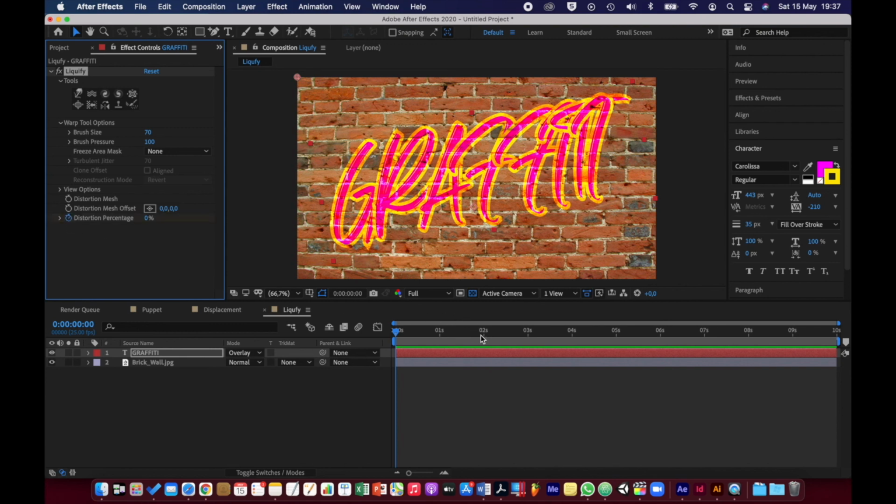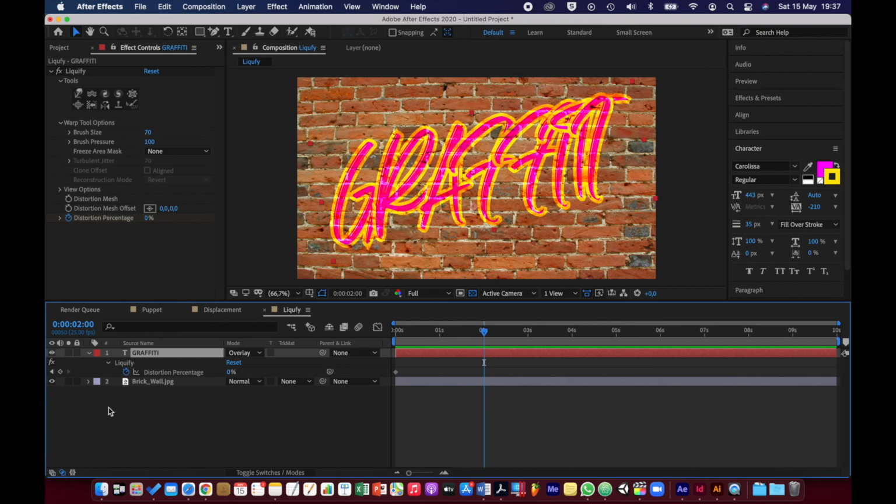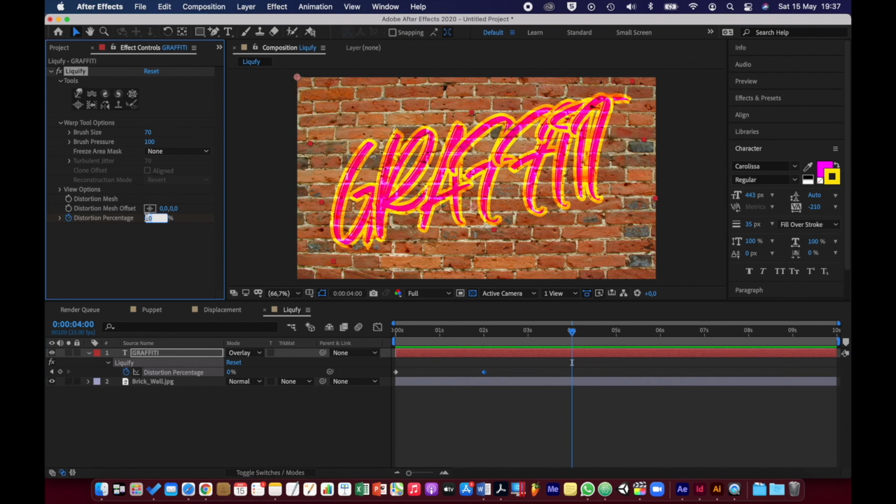Then I'm going to go to 2 seconds, and I'm going to make another keyframe. So I'll just press that layer, press U, so I can see the keyframe, and go to the keyframe shuttle and click on the little diamond. So I've got another keyframe there. Then I'm going to go to 4 seconds. Change the distortion percentage to 100,